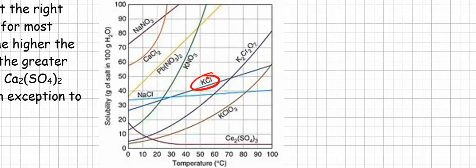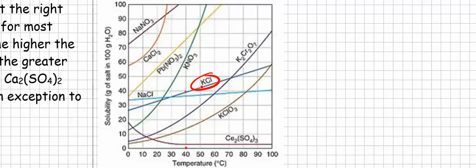Let's take this one right there. If I look, for example, at let's say 40 degrees, right here, and I go up, up, up, this is the solubility of potassium chloride. In other words, I can dissolve, let me go across now. It's not quite 40. It's a little bit lower than 40, about 39. That means that at 40 degrees, I can dissolve 39 grams of potassium chloride in 100 grams of